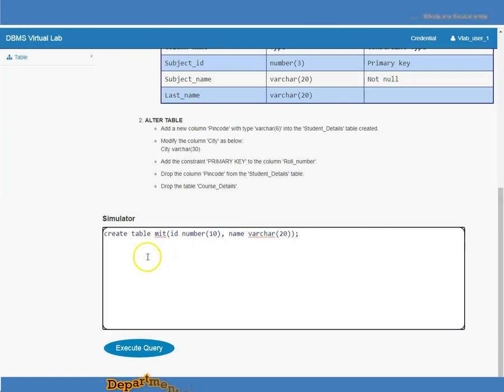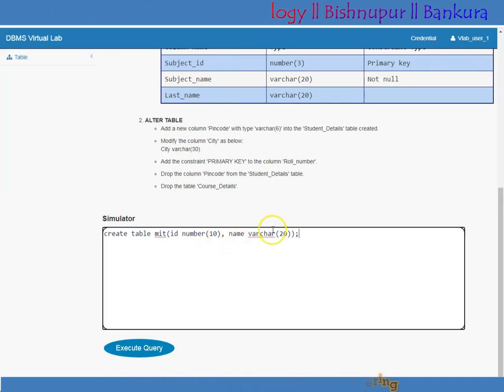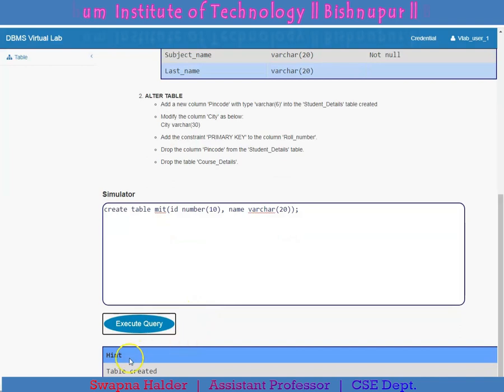Here we are creating a table named MIT, and it consists of two fields. The first one is the ID of the student, whose data type is number, and within the brackets its size. The second field is the name, its data type is varchar and its size is 20. Next, click on execute query. You will get the hint, that means the table is created.